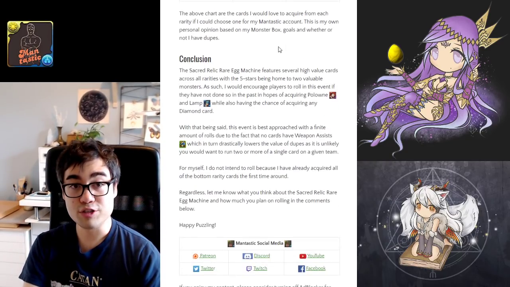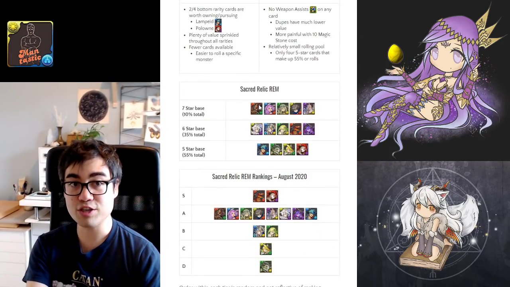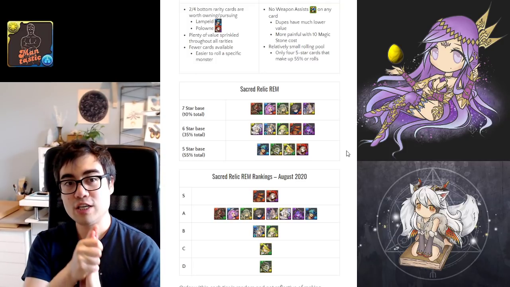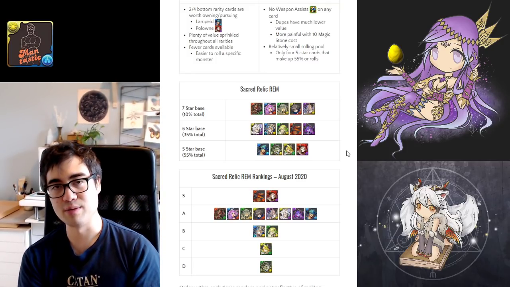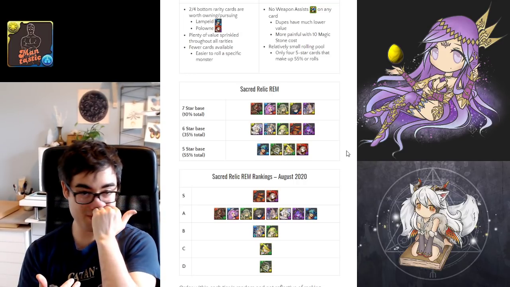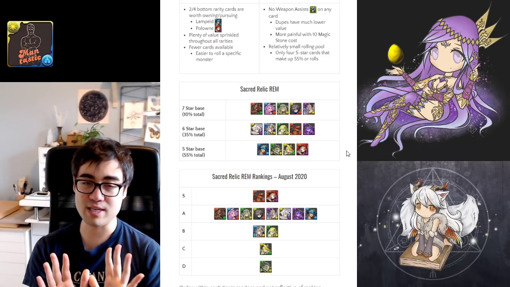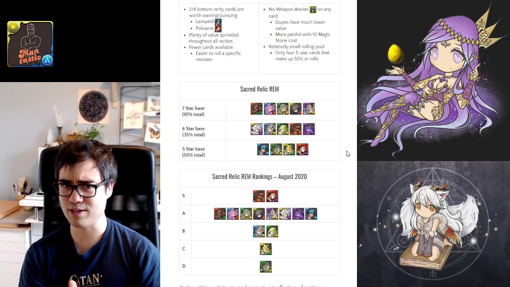So, in conclusion, the Sacred Relic event is a good event to roll in, but only a sparing amount. You should roll to try and get Paulo, to try and get Lamp, because they're bottom rarity cards that are more doable, but once you start picking up quite a few of the cards and duplicates start becoming more and more common, it's probably time to stop because duplicates don't have much value at all